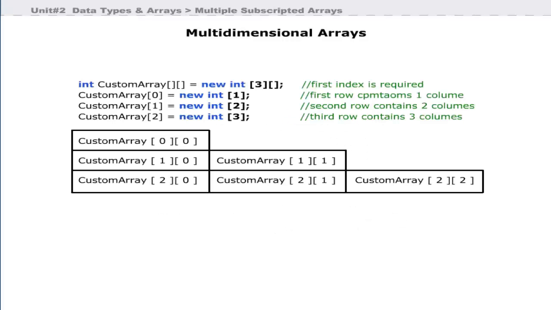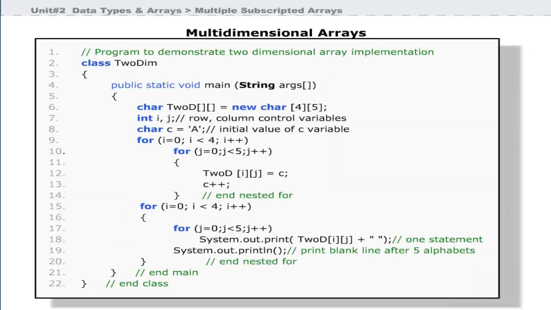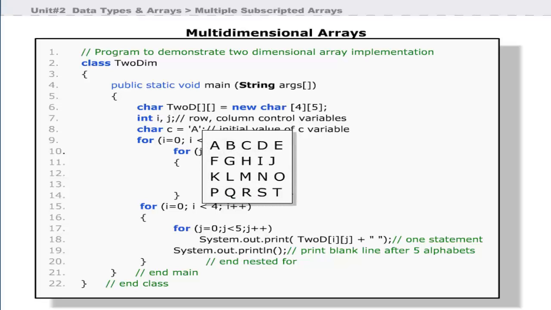This is an odd-shaped array. First row contains 1 column, second row contains 2 columns, and third row contains 3 columns. Array names and index positions given in this picture can be used to access specific array element. Let us discuss a simple program that manipulates a two-dimensional row. This program declares a two-dimensional array, assigns values to each element of array, and then prints the contents of this